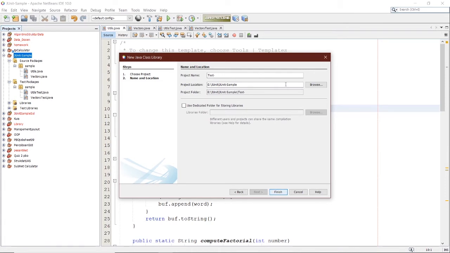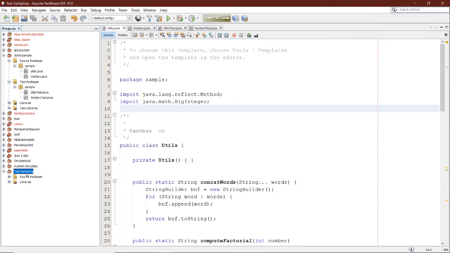Here we can use a name like sampling for the Java class library, and if you want, you can browse where you are going to save it, and then click Finish to create it. Then we wait for it to be created, and this is the Java class library that we created. Here, at first we don't have any test package, and the library is still JDK 10, and the